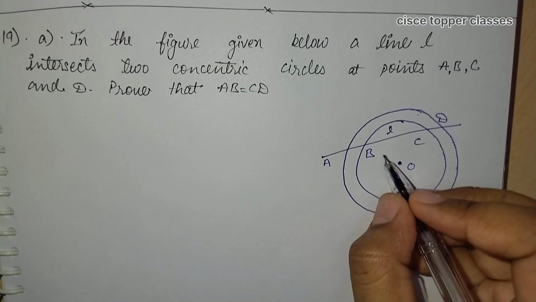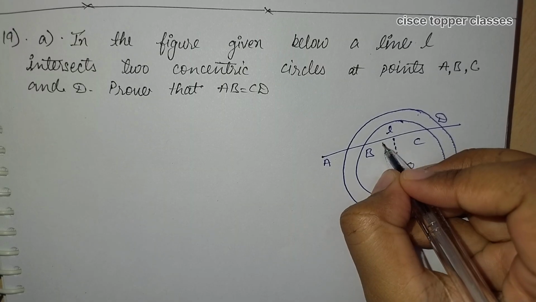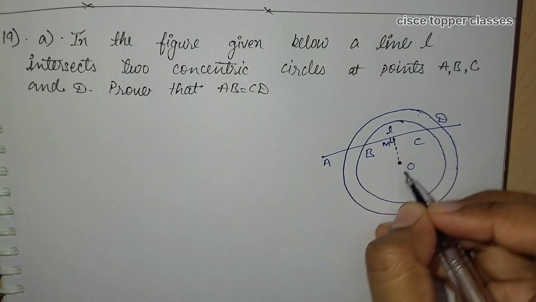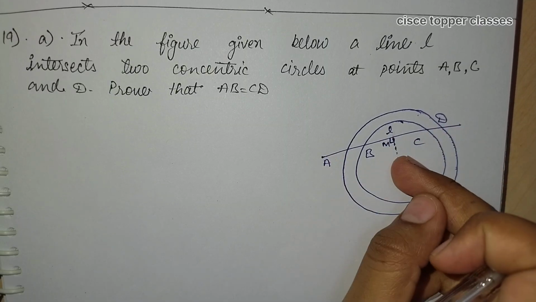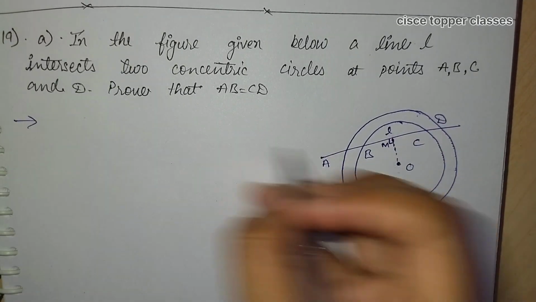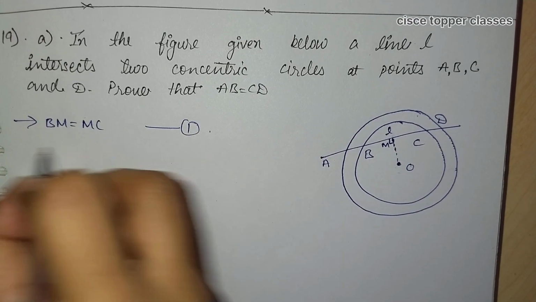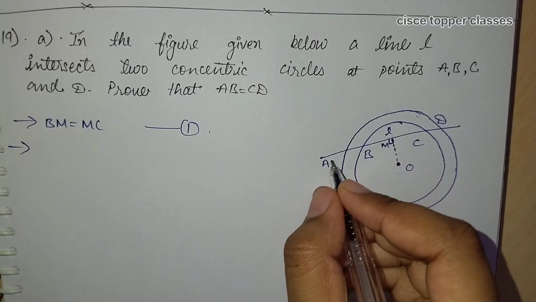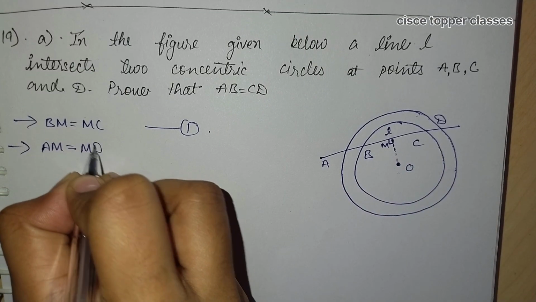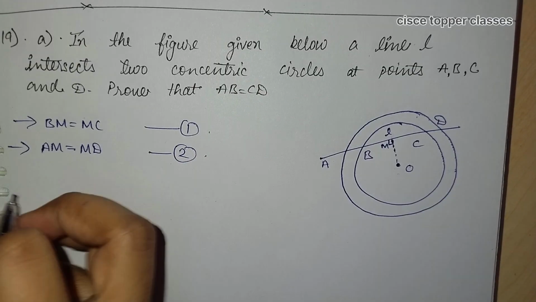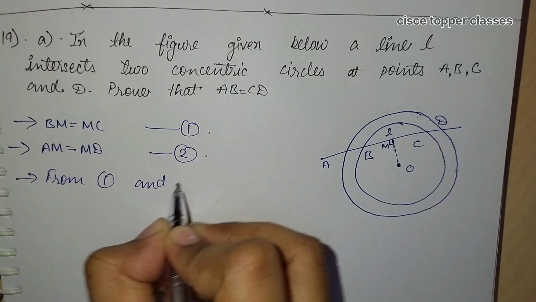As we know, this is a chord here, and if we draw a perpendicular, let this point be M. In a circle, if a perpendicular is drawn from the center to a chord, it bisects the chord. Hence BM is equal to MC. Let this be the first equation. Again, OM is perpendicular on AD also, which means AM is equal to MD. Let this be the second equation. From the first and second, on subtracting,